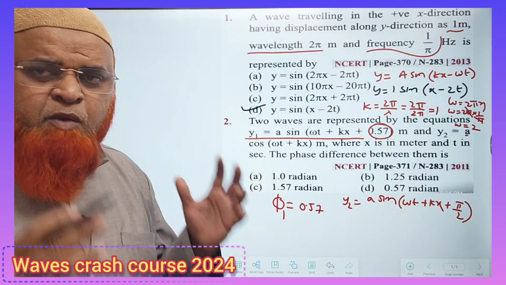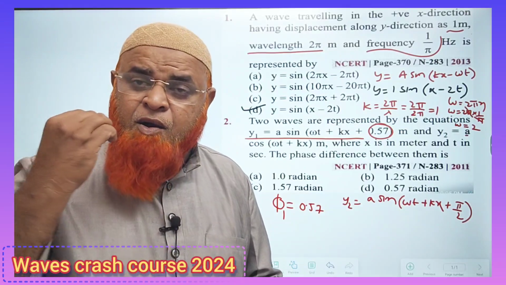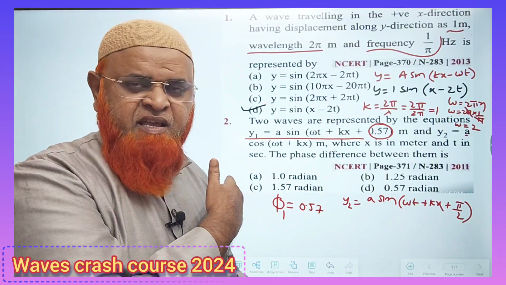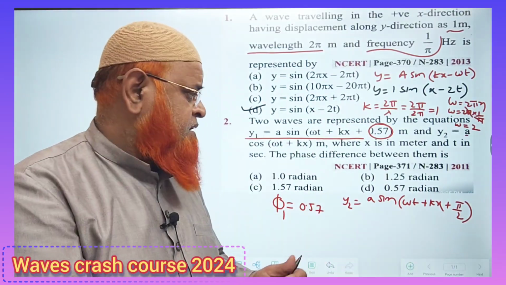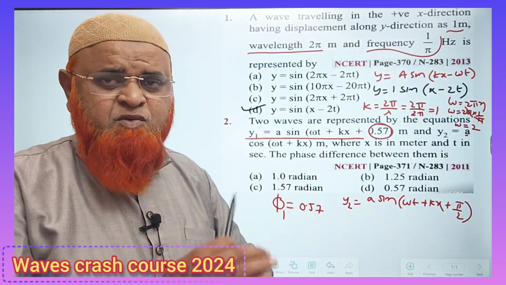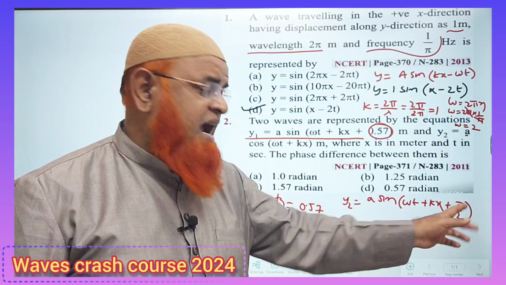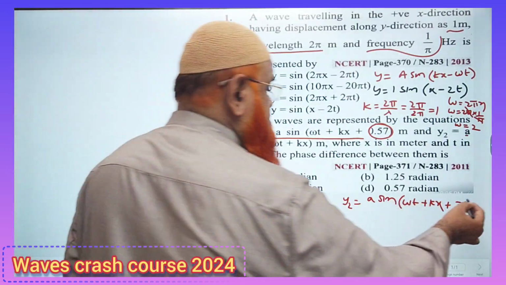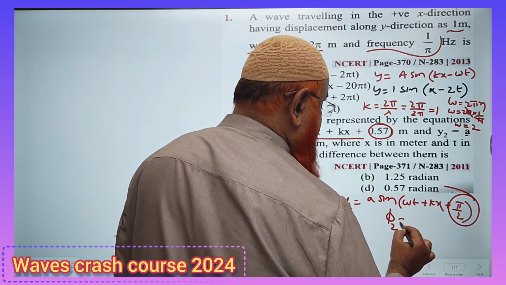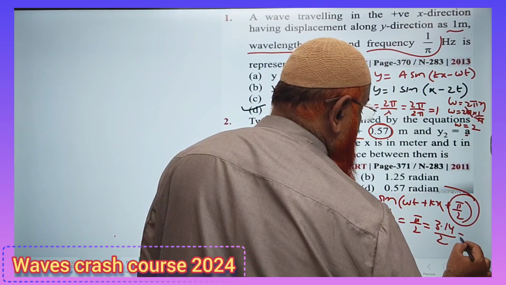If you want to change an equation of cos into sine, you need to add pi by 2, because sine of theta plus pi by 2 is going to be cos theta. That is how you change sine into cos, or cos into sine, by just adding pi by 2. But what is this pi by 2? This is going to be your phase angle, isn't it? Then what is the phase angle phi 2? Phi 2 is nothing but pi by 2, which is 3.14 divided by 2,